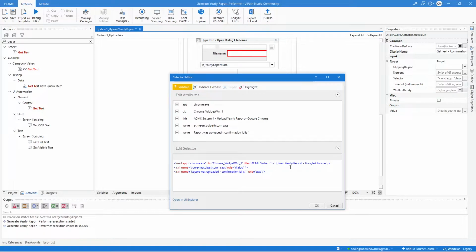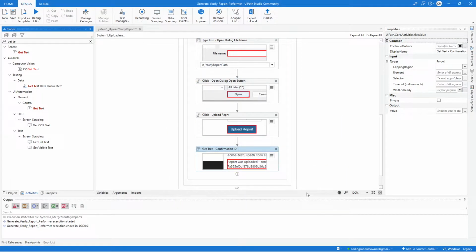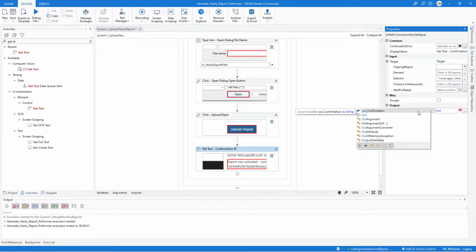And what else can we change here? I think this should be fine. So just hit validate. We can also highlight to verify and hit OK after that. And we will be assigning a variable for the output property of this activity, and I will name that out. Okay, do not create a variable for that. Let's just assign our out confirmation argument, and then